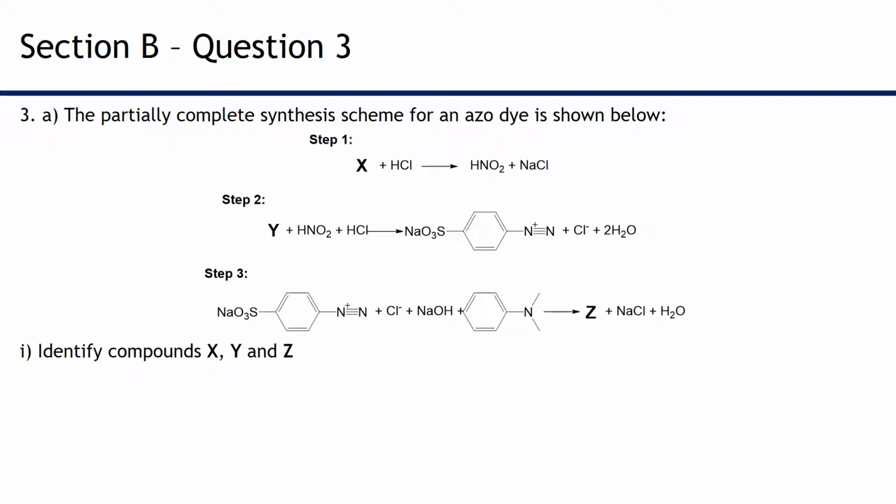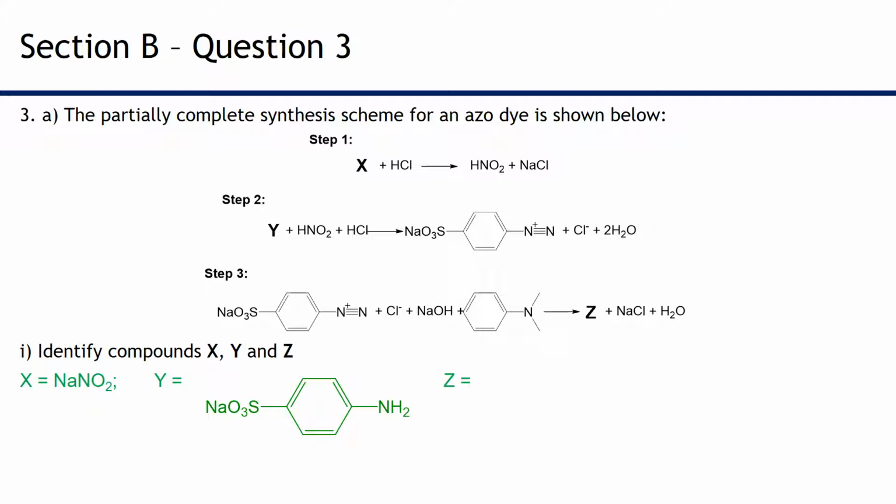So the easy way to do this is just to look at the equations as they are, see what's missing, and balance them out. Certainly in the case of X, you should be able to identify that the missing compound is sodium nitrite, NaNO2. Y, well, if you look at the scheme in step 2, you'll see that on the product side there is this azide compound there, big aromatic ring in it, and you might remember that azide compounds are formed from the reactions between aromatic amines and